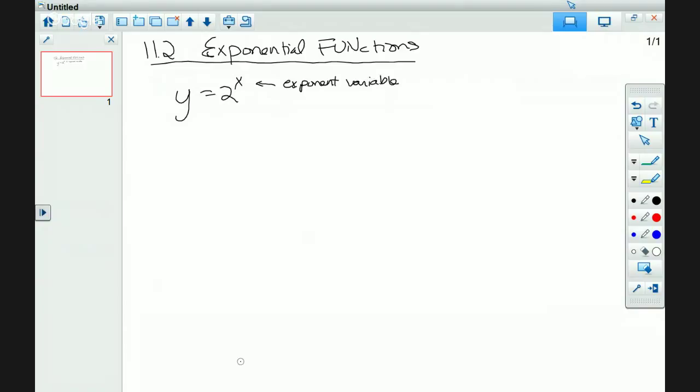An exponential function has the variable as an exponent. To start, these are actually really easy to graph. They all pretty much have the same shape, and they all pretty much have the same y-intercept unless you change it, of course. So when I ask you to do the table,